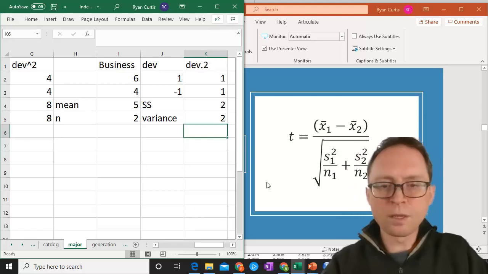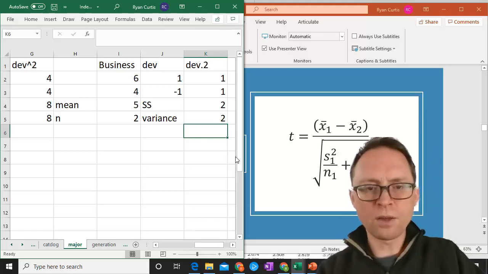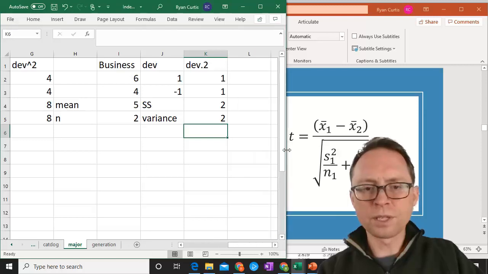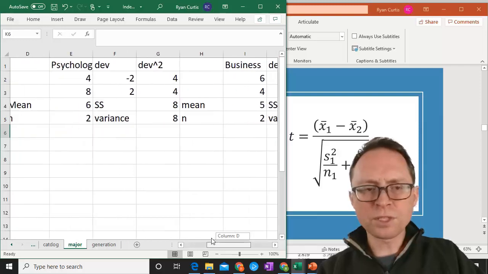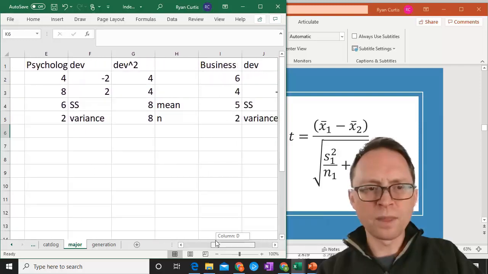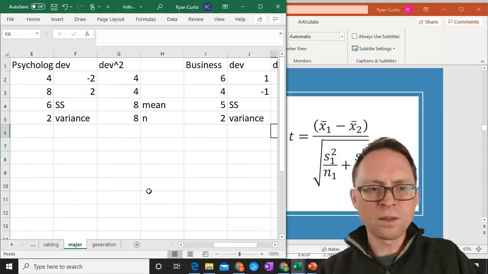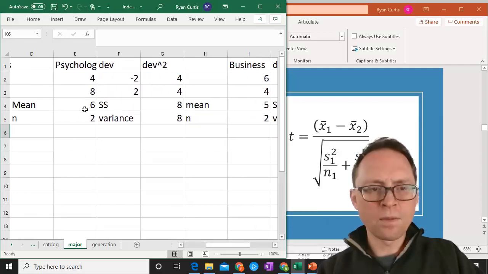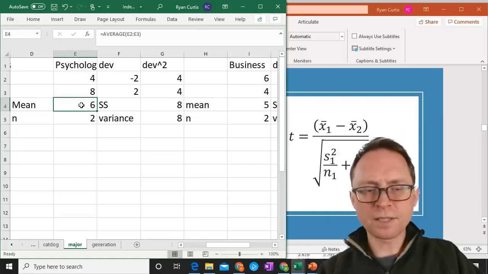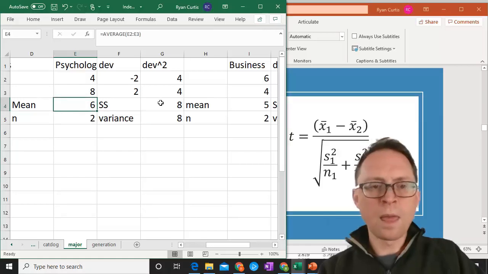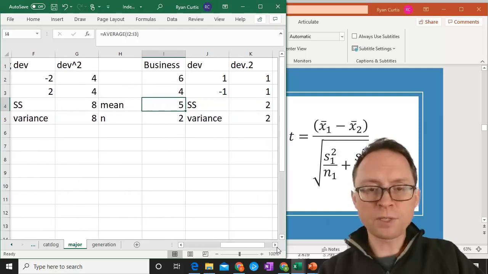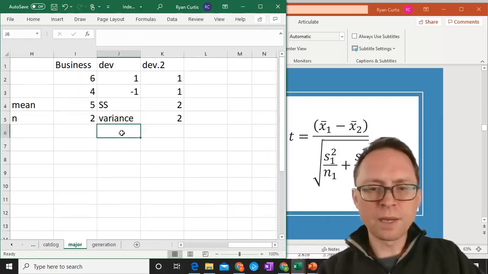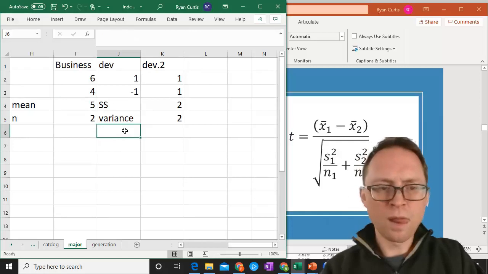So now we have everything that we need. So let's go ahead and figure out all the stuff. I'll move this over a little bit so we can see it better. We can get the information that we need. So first, let's start with x minus x bar. The mean for psychology is 6. That's x bar sub 1. The mean for business is 5. That's x bar sub 2. So x bar sub 1 minus x bar sub 2 equals